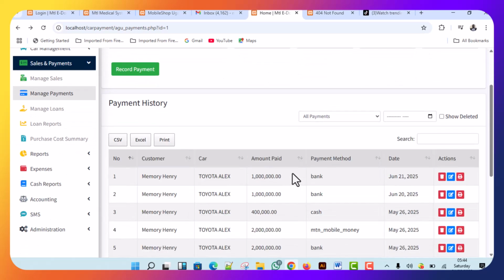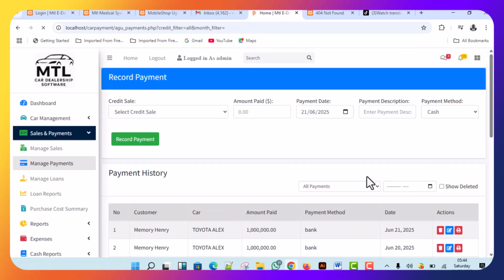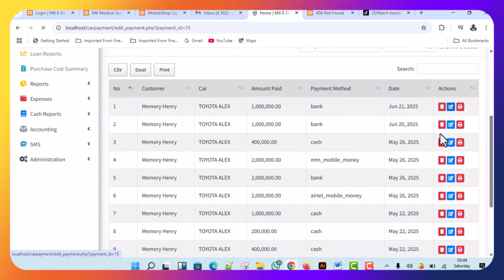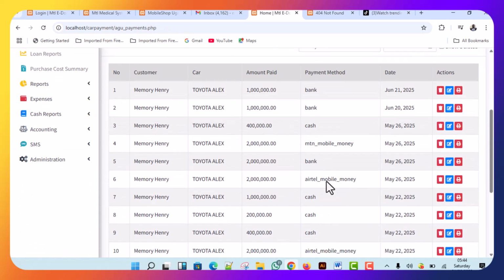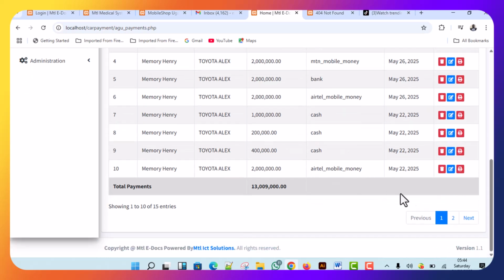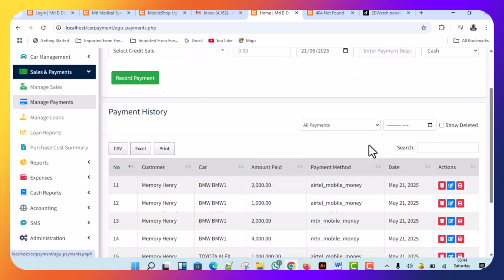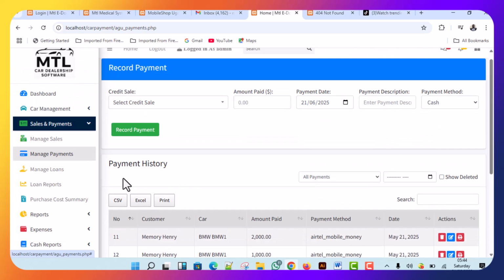So that is the payment module. So it also has soft delete. You can delete the transaction and reverse. So far there is no transaction that has been deleted. Yes, so you can edit the payment. So these are the transactions that have been made, all the payments on each car. Mobile money, and so on. Yeah. So this system also manages loans